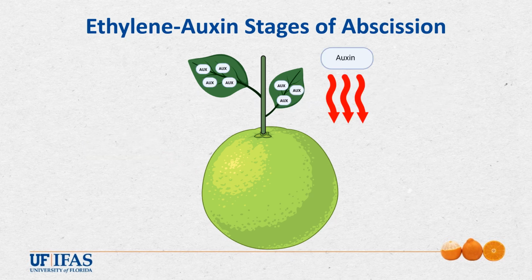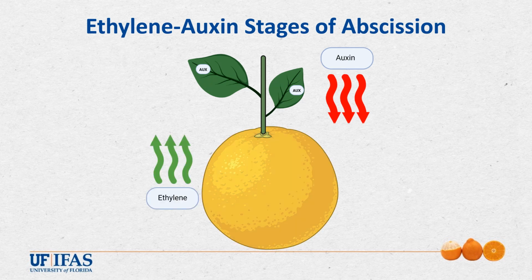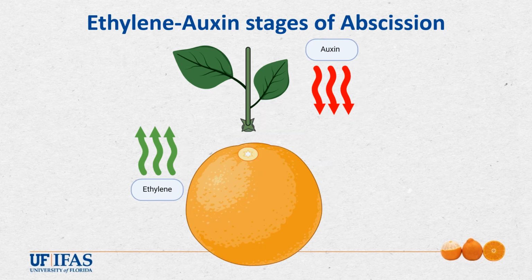As auxin decreases due to senescence, the ethylene starts to increase, and since the fruit is depleted of auxin, the sensitivity to ethylene will increase, and the physiological processes that are repressed by auxin will start to occur. The sensitivity to ethylene promotes the enzymes that degrade the cell walls, and finally, the fruit detaches from the stem. It is thought that applying exogenous auxin to the fruit will delay the sensitivity to the ethylene production.